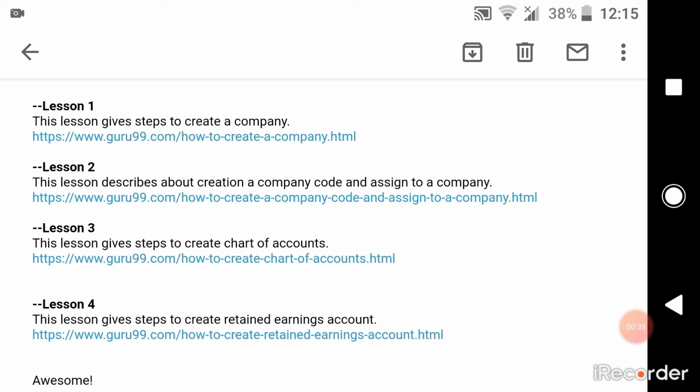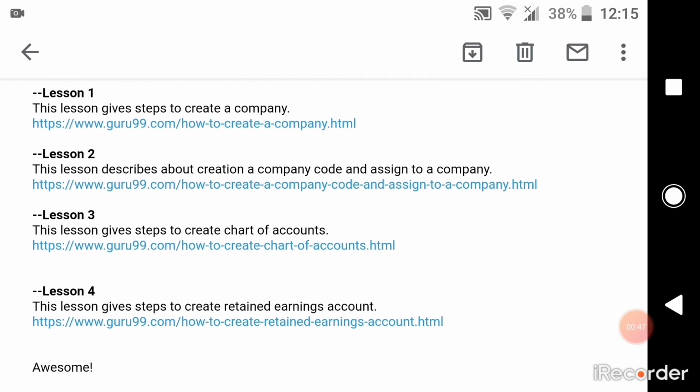Now we will move forward to lesson 3, which will give you an overview and procedures of creating a chart of accounts, which is the basic and fundamental thing for any company. Once you create the company, you have to create the chart of accounts. What are the designations? How are you going to create the chart of accounts?